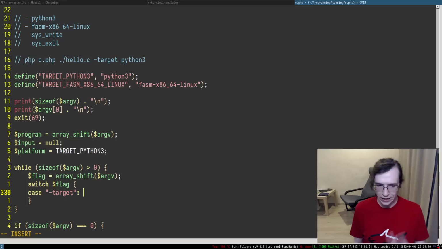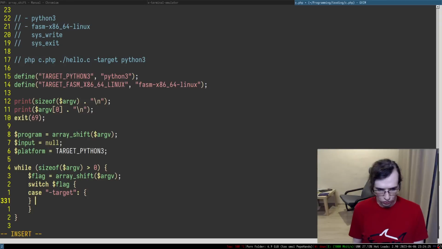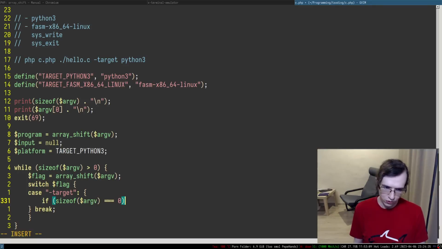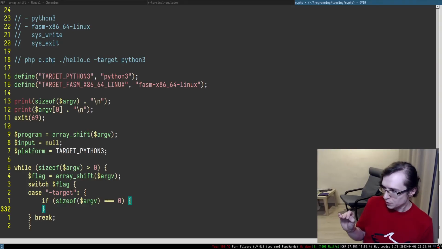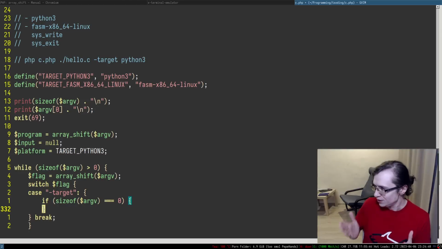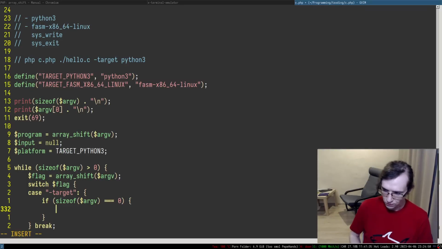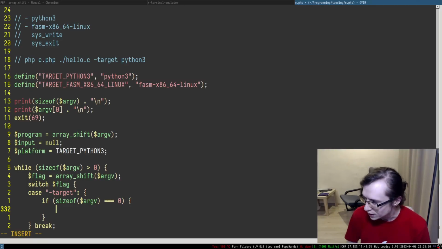So we actually need to check if there is an argument after that. Let me see. Essentially I'm going to check if size of argv is equal to 0. That means the user provided dash target but didn't provide anything after the dash target, which is completely haram in my opinion. So we have to throw some sort of an error.